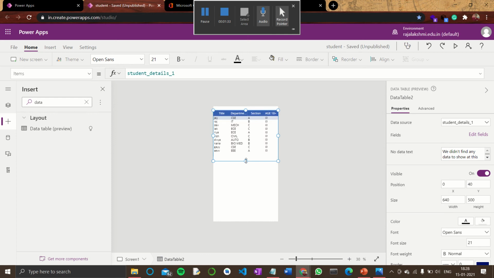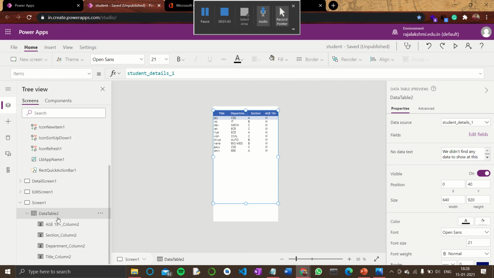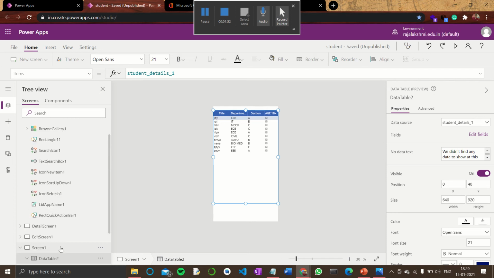Now you see your list has been displayed in your new data table. In screen 1, your data table 2 has been listed. You have 4 columns here. So this is how you can list your data source in the form of a table.